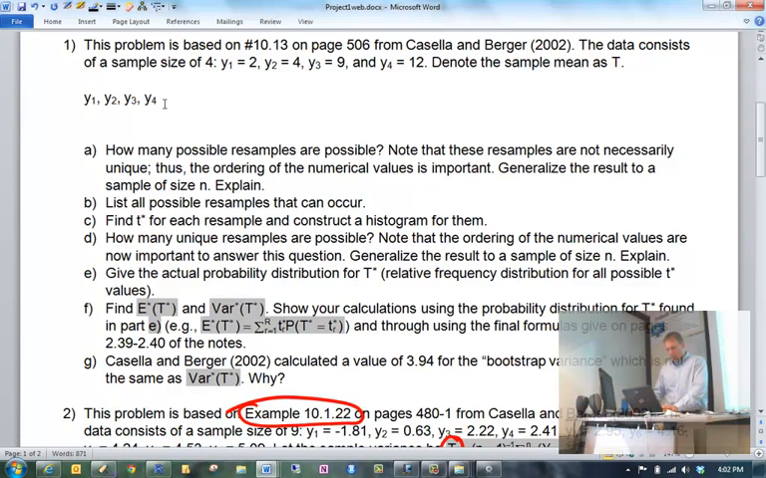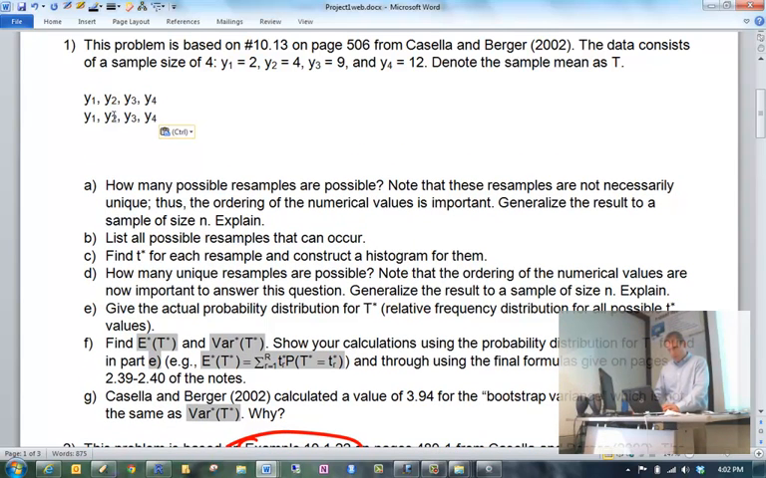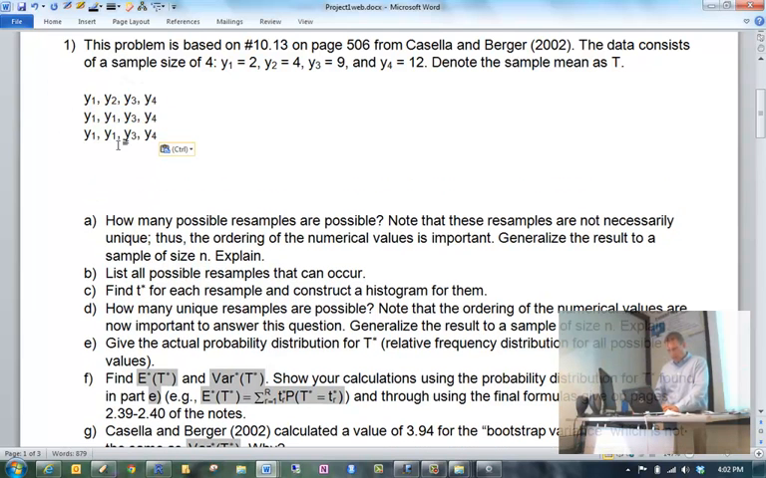So you could have a resample that looks like this, a resample that looks like this. You could have a resample that looks like this. Okay? So obviously this first resample is different from the second and the third, right? Okay. Now, in part A, it says how many possible resamples